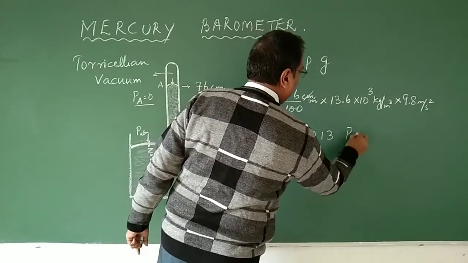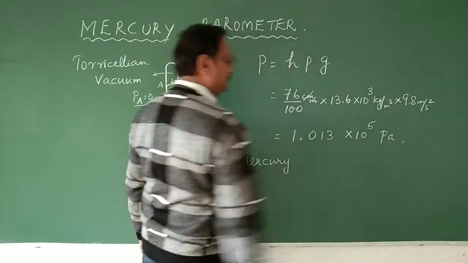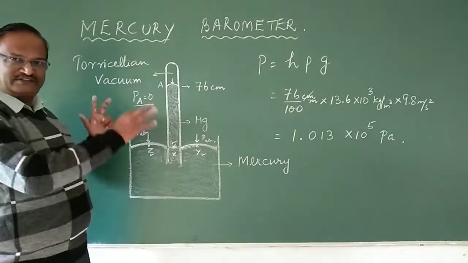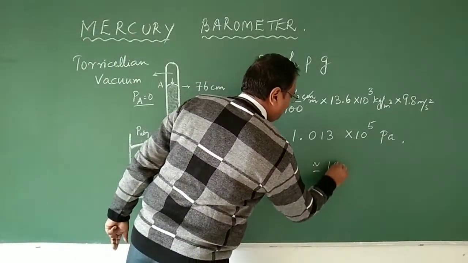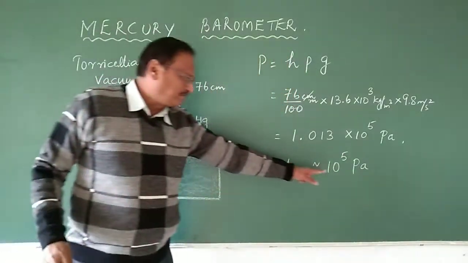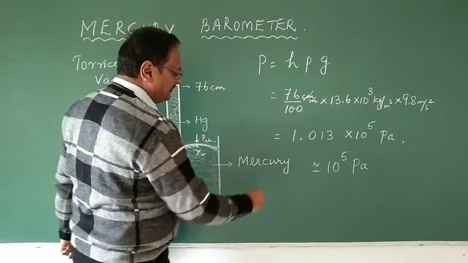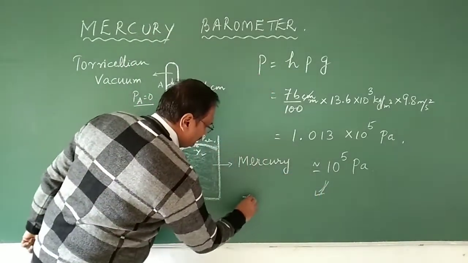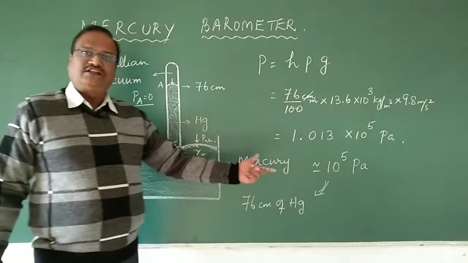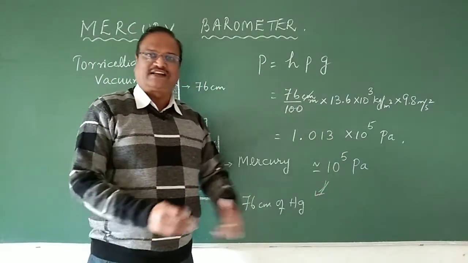1.013 into 10 power 5 Pascal. This is the atmospheric pressure. The atmospheric pressure is approximately equal to 10 power 5 Pascal at sea level. So 10 power 5 Pascal is, in other words, 76 centimeter of mercury. Either way you can say this represents one and the same. Here we have substituted the values and we have arrived at this